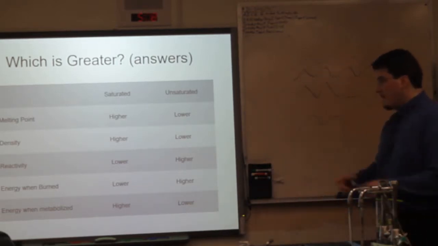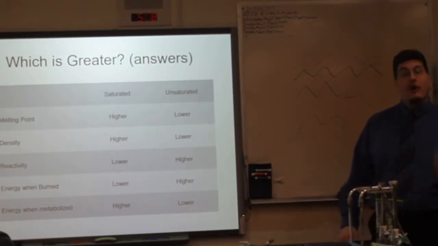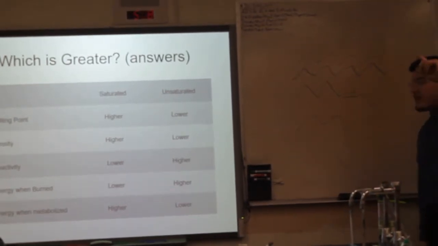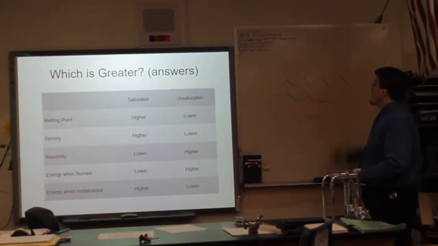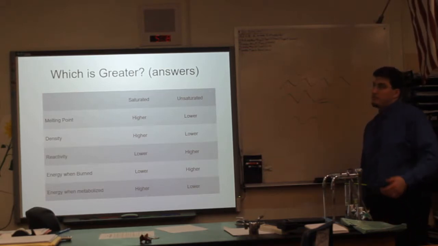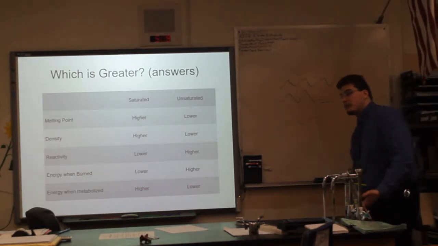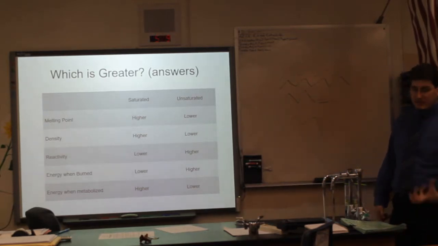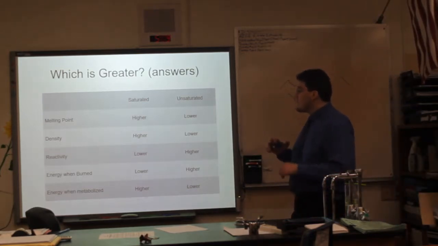Reactivity. Saturated fatty acids are less reactive than unsaturated fatty acids because double bonds between carbons are more reactive from a chemical standpoint. But therefore, when you burn them, when you use a chemical reaction combustion to burn saturated fatty acids like fat, whale blubber or whatever, kerosene, for example, it burns very well. A very high energy, a very high temperature flame. So you will have a higher reactivity,